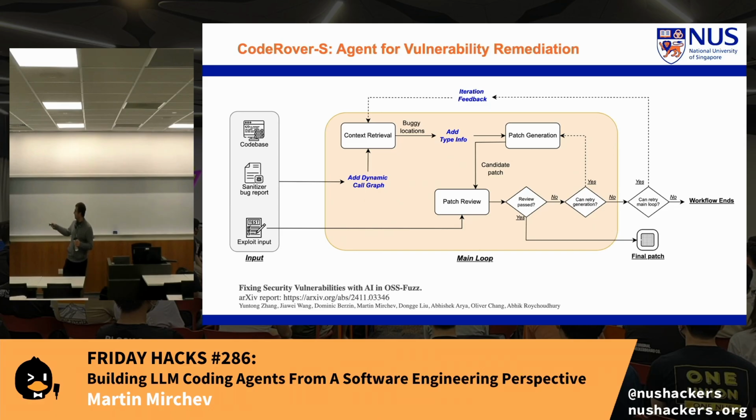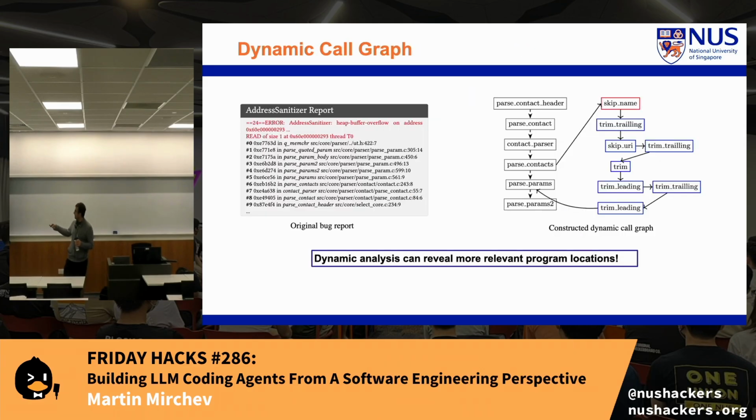So having this issue, we also applied it to real bugs, but we saw one important thing. We also have another source of information, which is the call graph. So previously I talked about the spectrum-based fault localization, which gives you the stack trace, or more specifically, the specific locations from the trace that are effective. This is not the best thing when you have a single failing test case. The other tests may not cover this location. They may not be useful, and the spectrum may not be that effective.